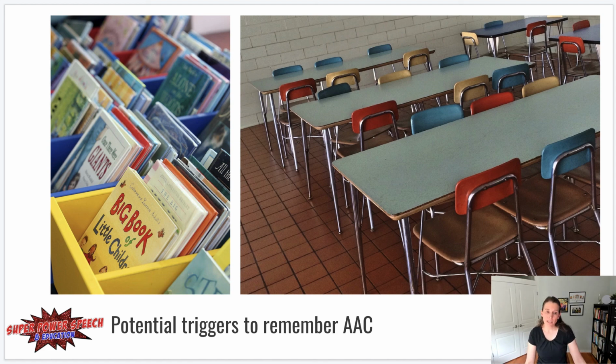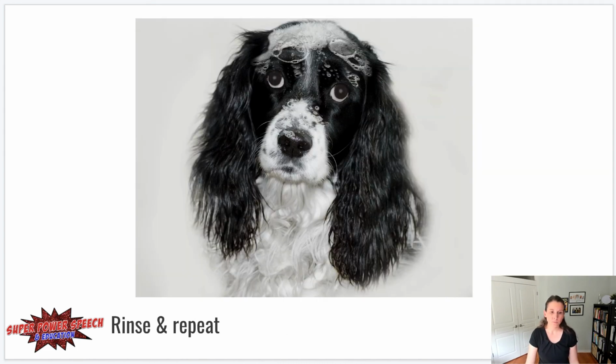So here are some potential triggers. Now, a trigger can be a bad thing, right? But it can also be a positive thing. So some potential triggers to help remember AAC use, and that you want to make sure that it's being used. So when it's book time, that might be a trigger. Or when you're just going to lunch or coming back from lunch, that might be your trigger. And then you're going to rinse and repeat, right? So every day, same trigger, same place, same time, same location, you're going to do it again and make sure that that AAC user has an opportunity.